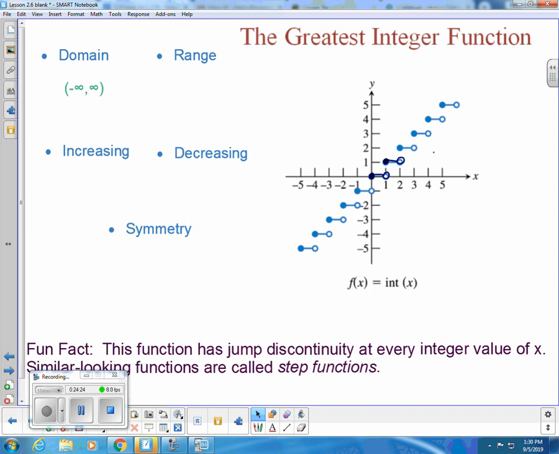Integers, right? So we can't write that as intervals. You can write the set of all integers or whatever you want to write there. Integers. And I'm not worried about increasing, decreasing because you have a bunch of constant sections. We don't need to worry about it. Okay? There's no symmetry. All right, so those are your parent functions. Know them, love them. Okay. Now, we're going to talk